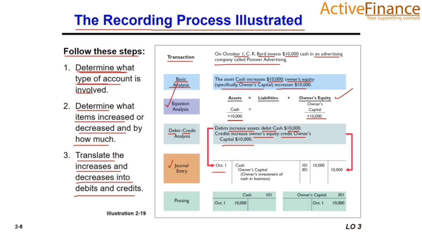First of all, we provide the date of the transaction, which is October 1. Since cash increases, we provide the account name, cash, and the account number, and it is recorded on the debit side, as we learned in the debit and credit rules. Here is the second effect of this transaction. Owner's capital increased. This is the account number, and since owner's capital increased, it is recorded on the credit side. That's why we have recorded it on the credit side.